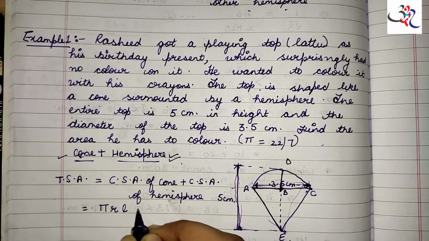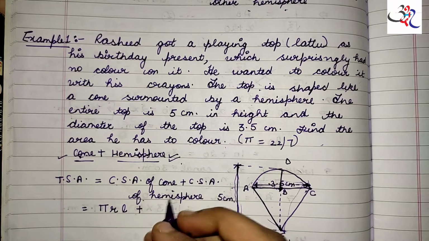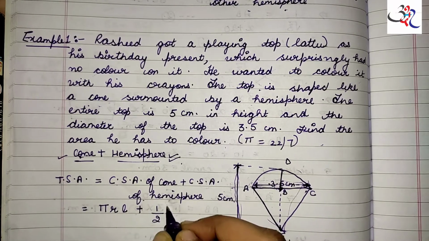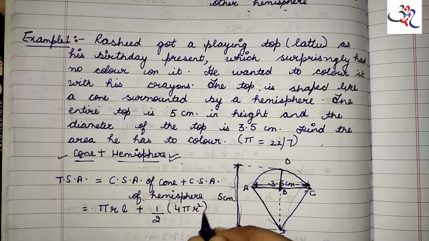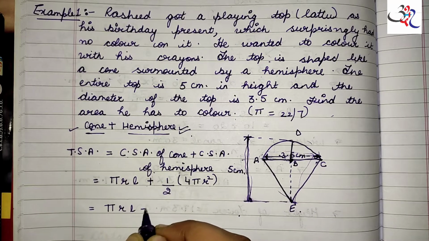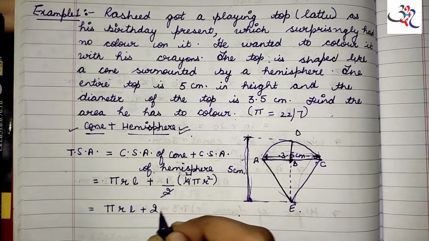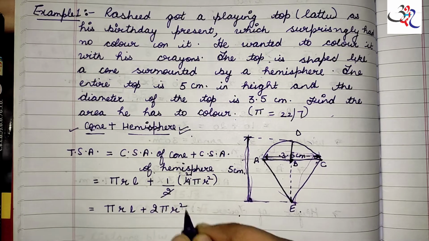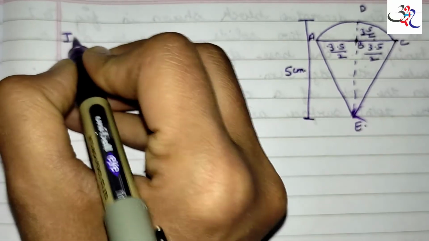Curved surface area of cone is pi r L, and curved surface area of hemisphere is what? Curved surface area of hemisphere is half into 4 pi r square, which gives pi r L plus 2 pi r square. Okay. So in triangle